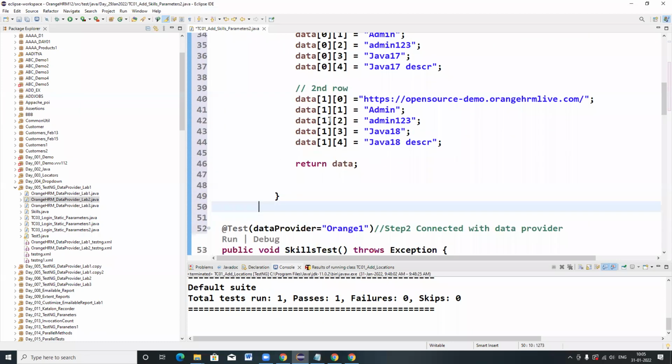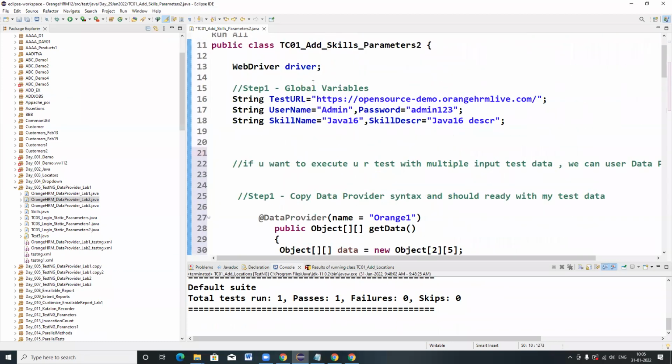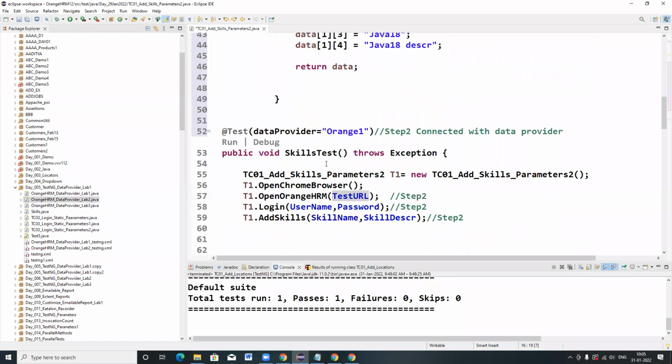And step 3, you have to use all the global variables at the method level.